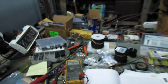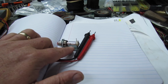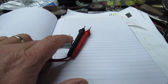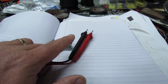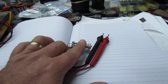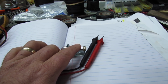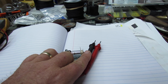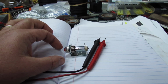Alright, now, this is going to be my wait to start light. And the computer grounds the circuit. So how this works is you turn the key on, it's hot. As soon as you turn the key on, let me start over here. This is going to be my wait to start light. And how this works is the computer applies ground and then removes the ground when the light needs to go out. So power is applied here as soon as you turn the key on, and then the computer grounds it, which lights the light